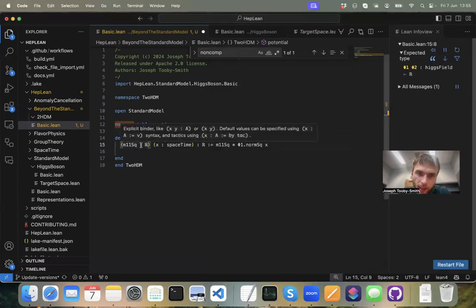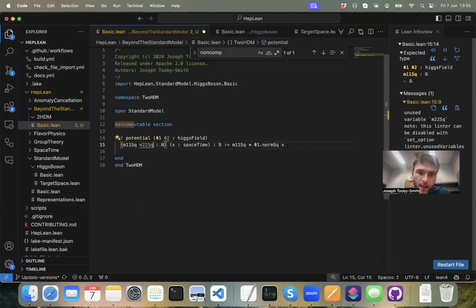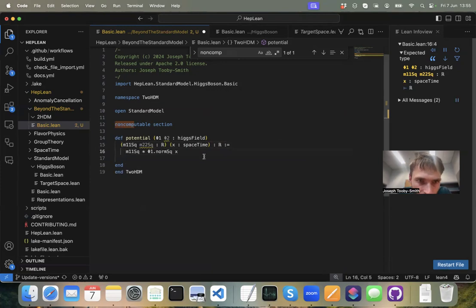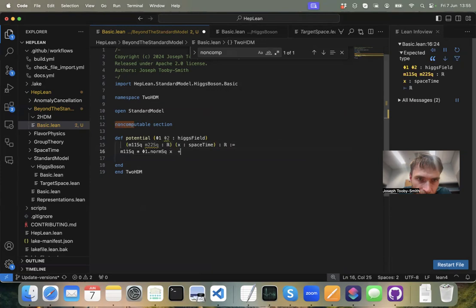So what do we need? We need M22 squared, and that's a real number. And then we want to add this. So let me do my indentations correctly. We want to add this to M22 squared minus by that. Good. Okay. And now we want to do